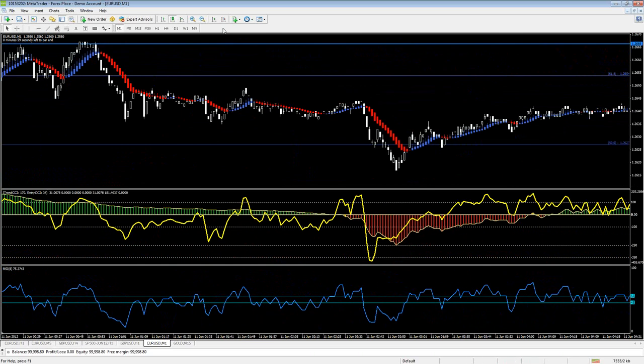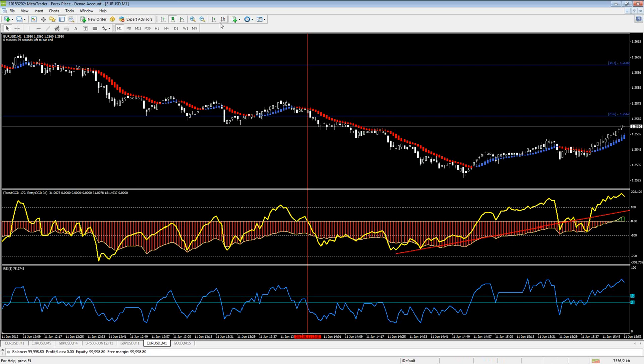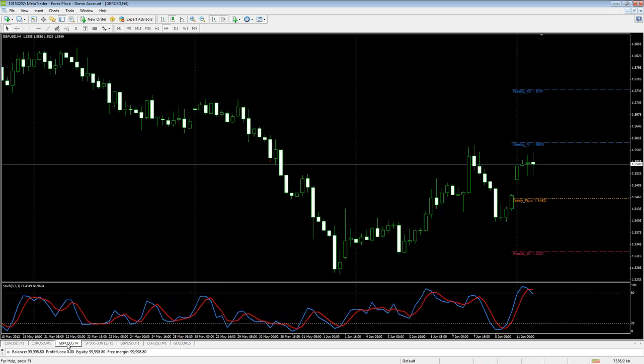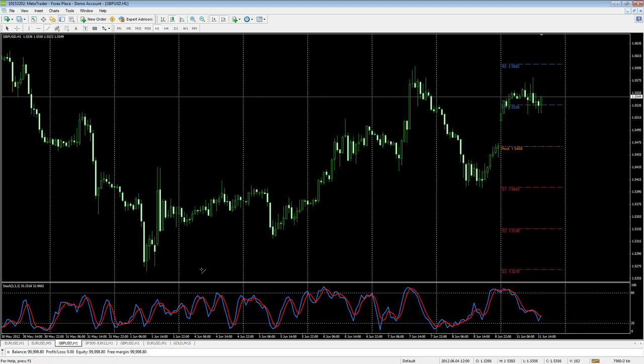So this is it for this scalping system, the scalping strategy on the CCI. Just before we finish, let me show you something from Friday. You can see here a nice setup for long, even without any indicators. You can see here just a nice uptrend, a rising uptrend line,